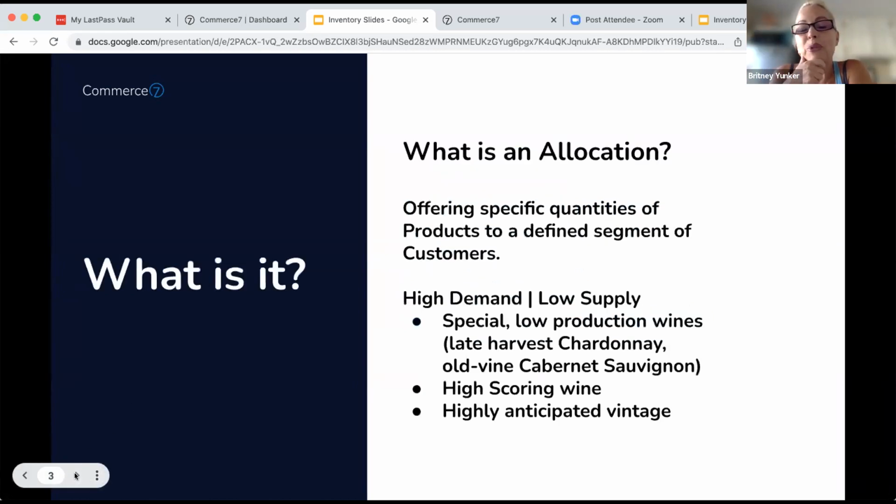So very first thing is briefly, what is an allocation? At its heart, it's the ability to offer specific quantities of very specific products to a defined segment of customers. So I always think of like the high scoring wine. You get a 94 from Wine Spectator, you have this wine, you're like, oh my goodness, there's going to be a ton of people coming to the site to want to get this wine. But I really want to make sure that my top people have first dibs at it. So what you can do is create an allocation so that only those folks can get that wine, at least